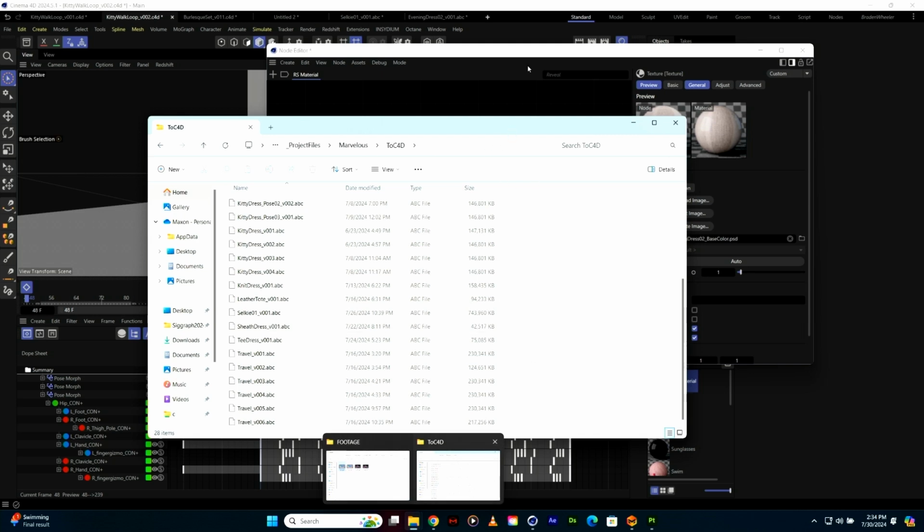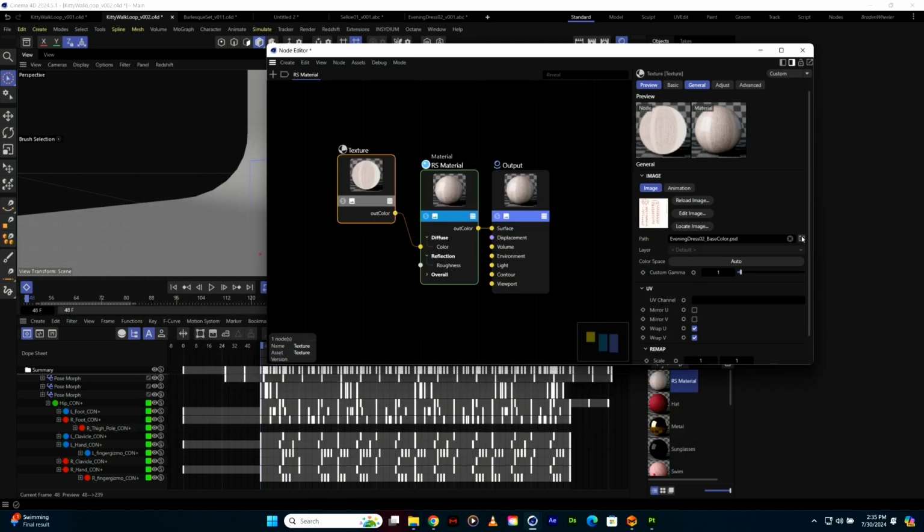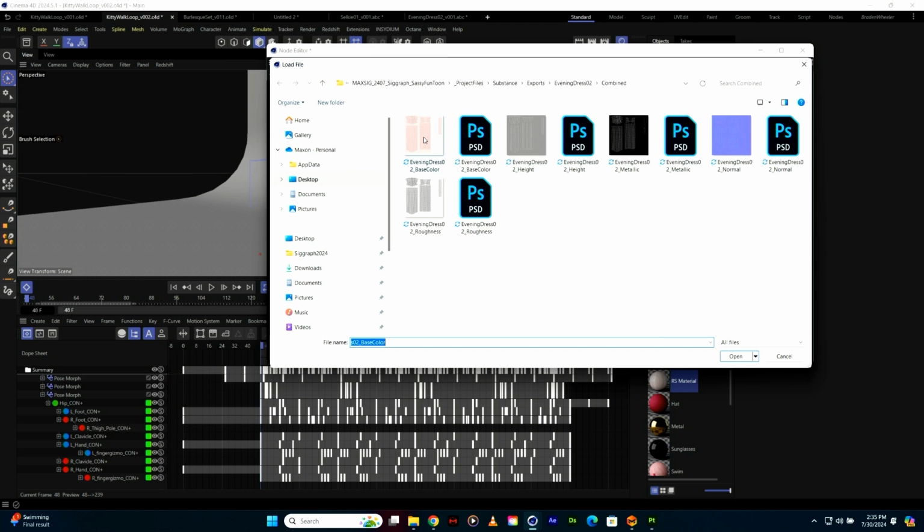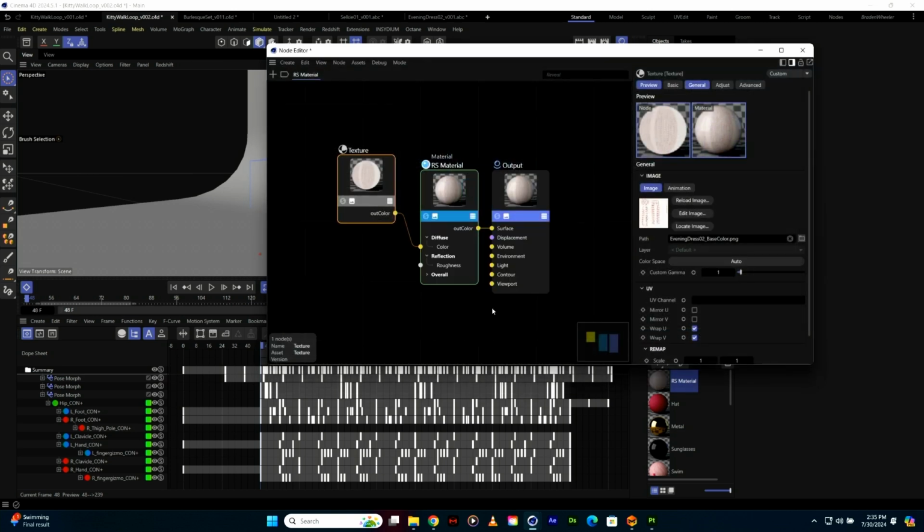Oh, I might have just opened up... Yeah, I put the Photoshop file in there. That's not what I wanted to do. I wanted to open it up and show you, so I'll have to do that. But I'll put in the color correctly as the PNG. If I go into the folder,